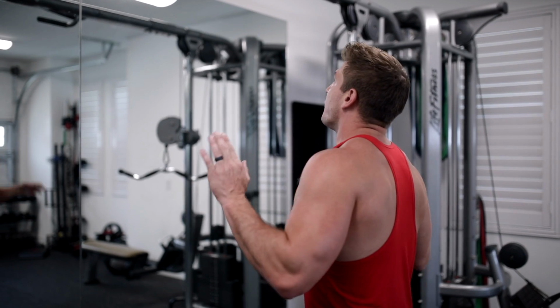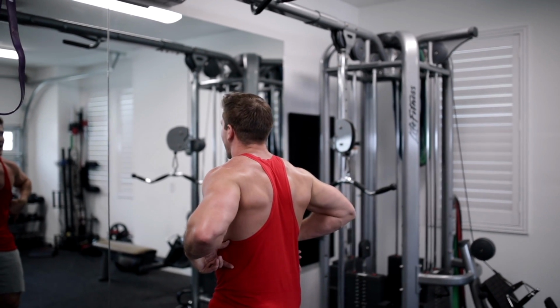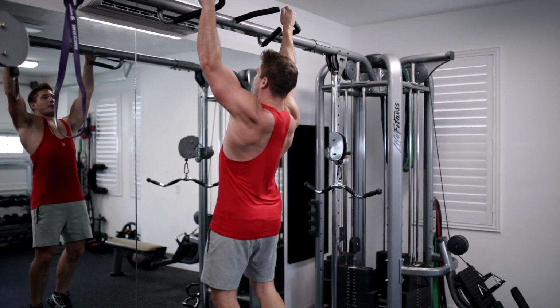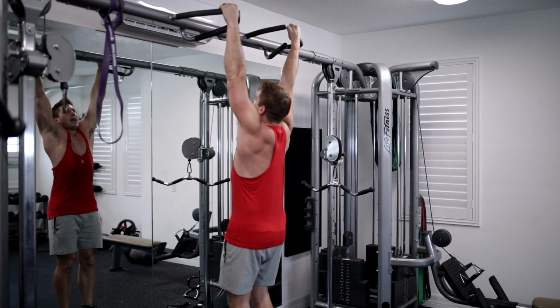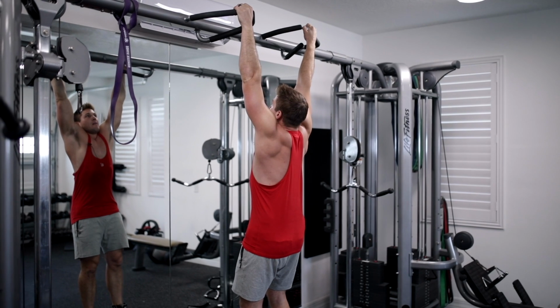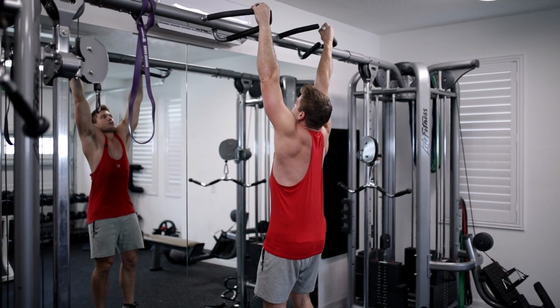So if when you're doing pull-ups or lat pull-downs, you have a hard time feeling it in your lats, or maybe you're not doing quite half reps, right? But maybe you're just not locking out at the bottom. What I want you guys to do before you start your pull-ups is I want you to hang like this, and I want you to almost let your body go dead, okay? And then once your body is like a dead weight, you're gonna start to feel a huge stretch in your